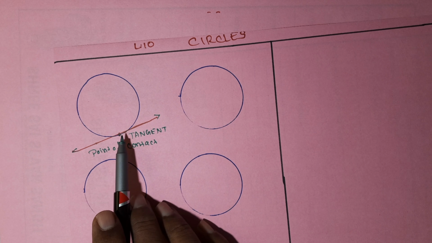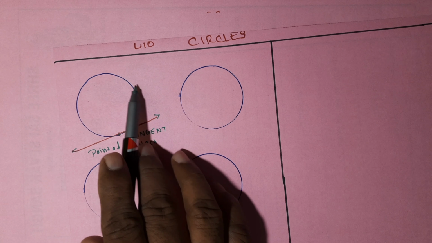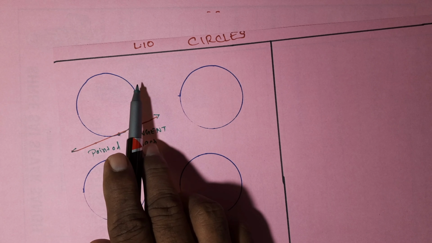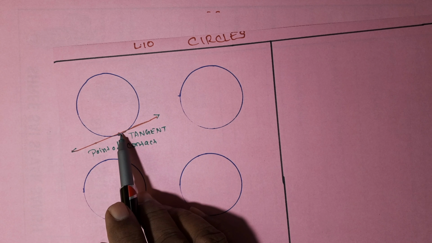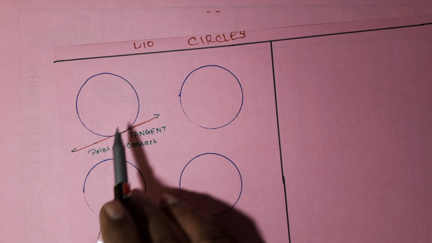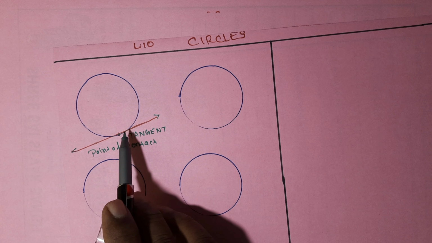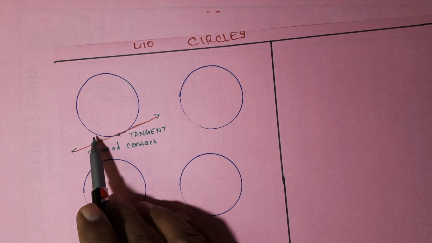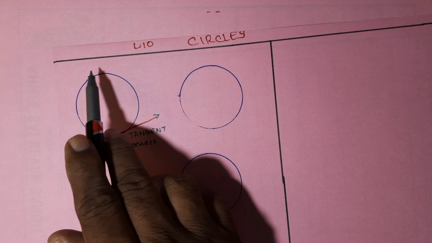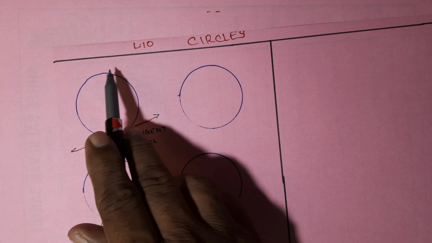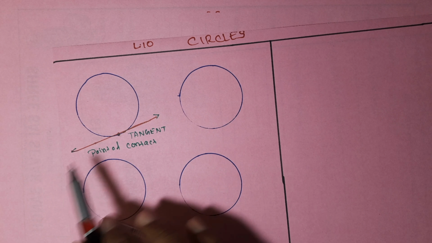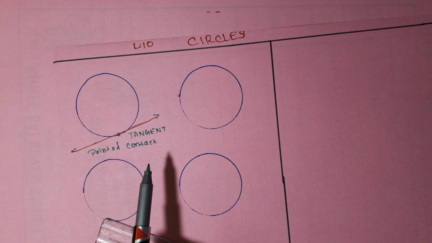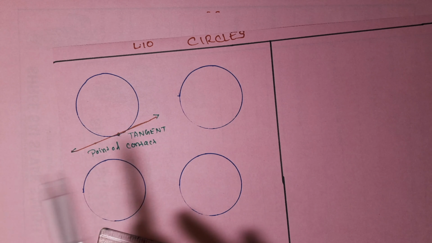Okay, but there are several points across the circle we can place, and every point has tangents. So here, just near to this point, there is one more point. We can draw one more tangent. Again we can draw one more tangent. Like that, if we go on drawing the tangents, we will see infinite number of tangents can be drawn in a circle, because innumerable points are there on this one. So we can draw as many tangents, at every point, isn't it? So the number of tangents in a circle are infinity.